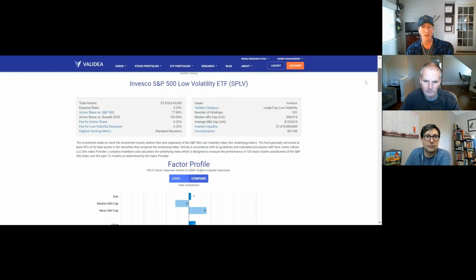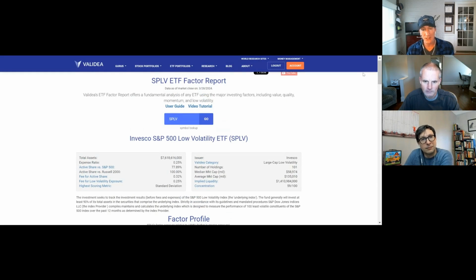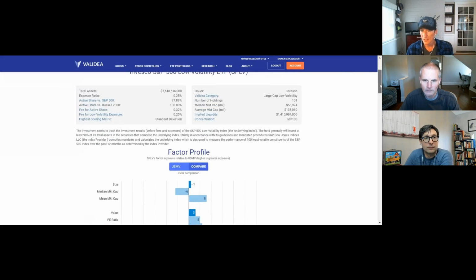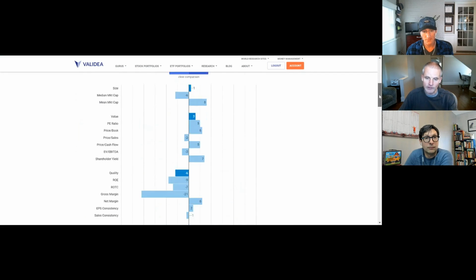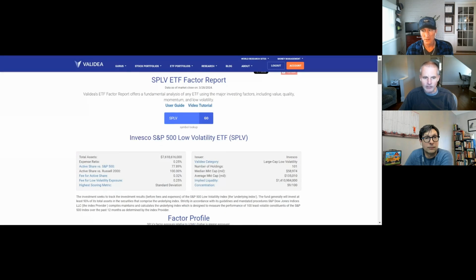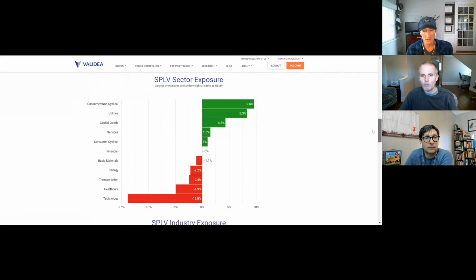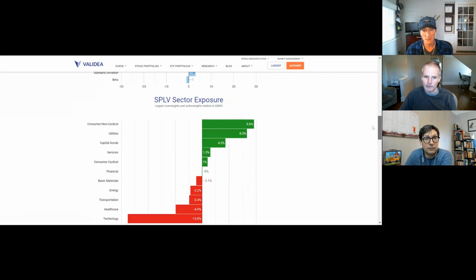So you kind of know what you're getting, right? If you're looking at two ETFs and you want to seek the most low volatility or the most value, and you're being presented with two different options, this comparison feature is pretty useful. What's cool too is you can see the difference below in the sector allocations. You can see what one has in terms of its sector allocation relative to the other.